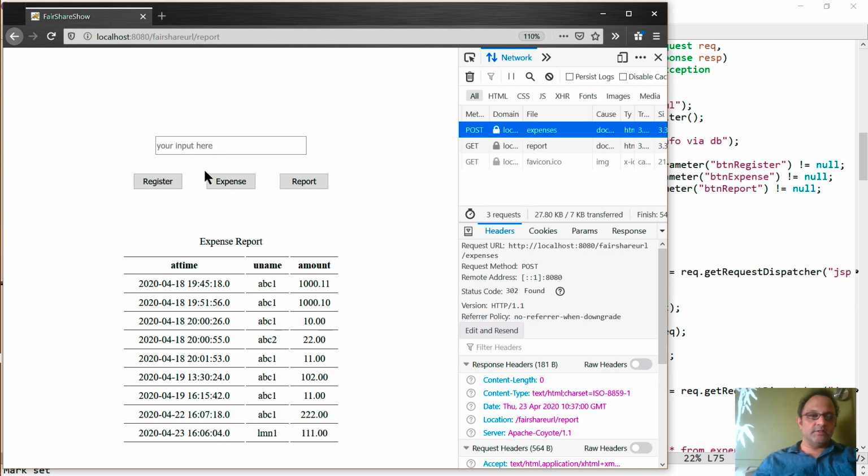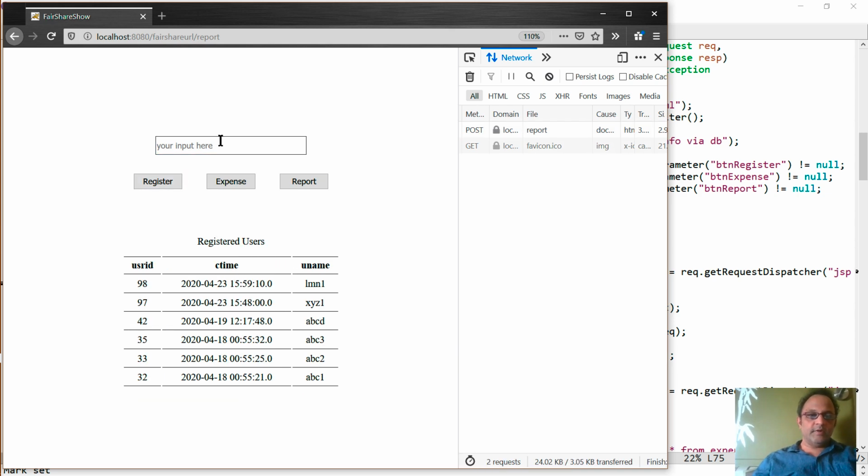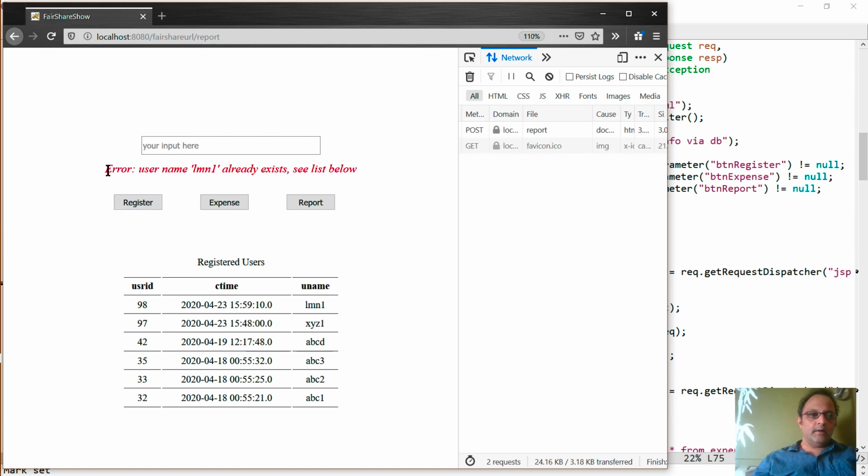So I'm going to try to register a user here like this, LMN1, and as expected, I see this button here, and we haven't done a redirect. This is just a straightforward post.